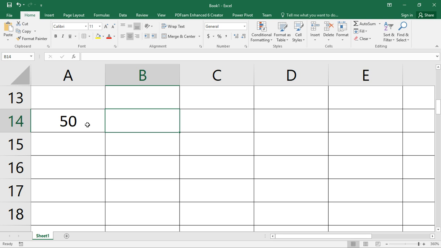With our 50 in A14, let me just say value here.